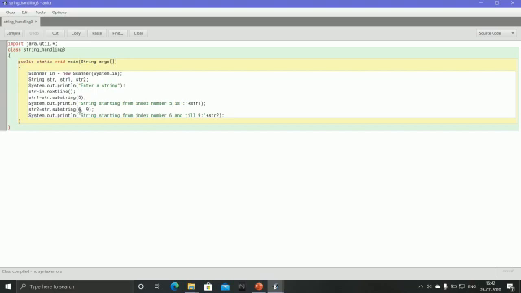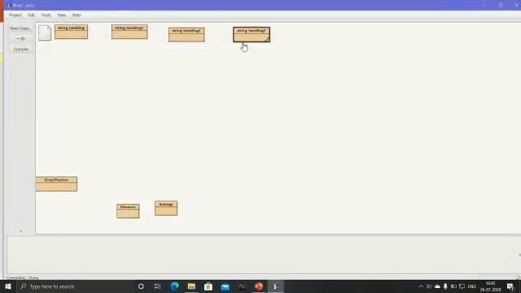Here we will find the position 6 to 9. Which characters are there? Substring from index number 6 till 9. These two strings are the two functions we have taken. Substring takes only that position till that position, and in that, characters from 6 till 9 are here. Then class, save, compile, no syntax error, close this.